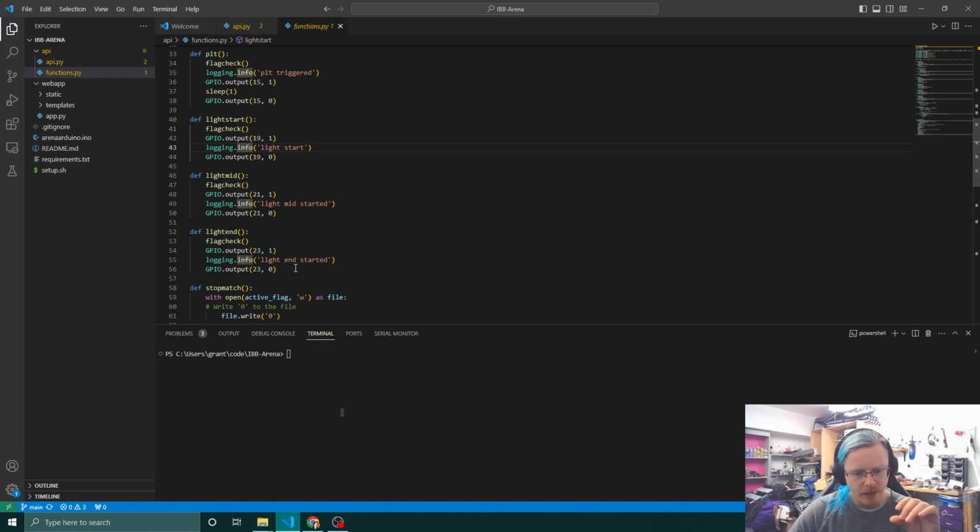So there's a couple of things with this. As you can see, we've just got GPIO outputs here. These are going to an Arduino, the Arduino that I showed in the hardware video. And the reason for that is that the Raspberry Pi is not strong enough, or sorry, isn't fast enough to